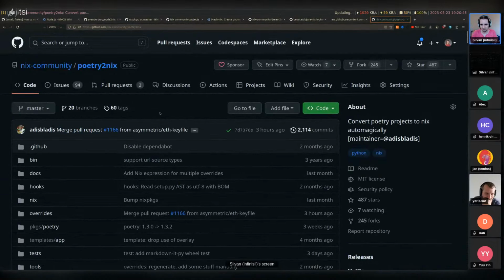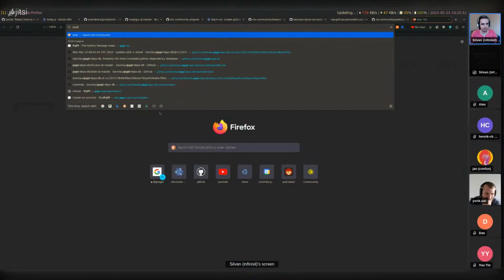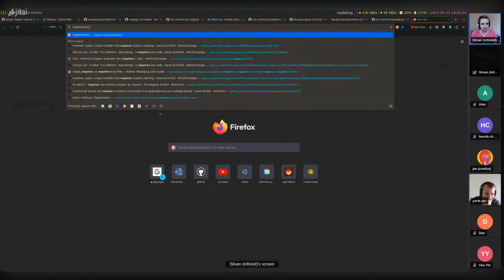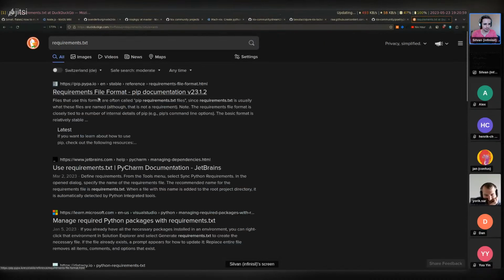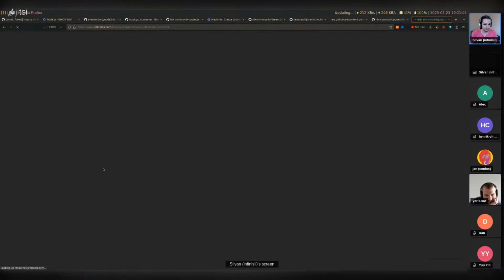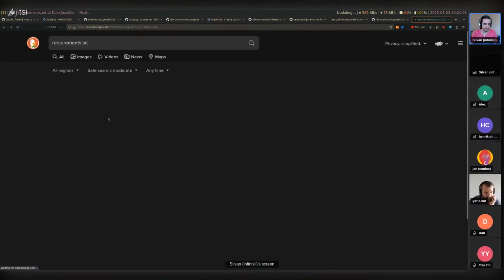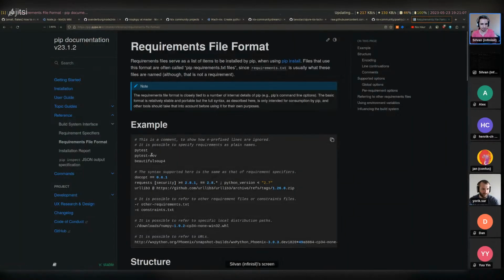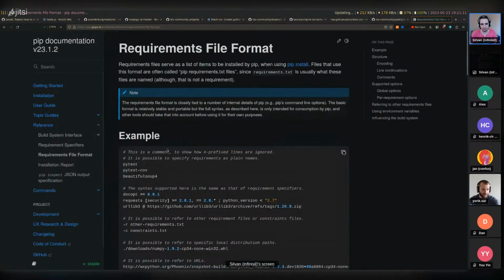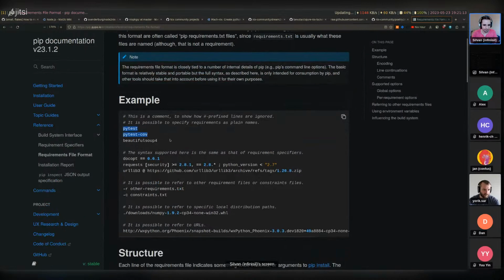Yeah, and so this is poetry.to-nix, but what is the other one? Like a requirements.txt file. That would be maybe an alternative if you don't have poetry and nothing locks the dependencies by default. You might have a requirements.txt file like this, which might have some version bounds.